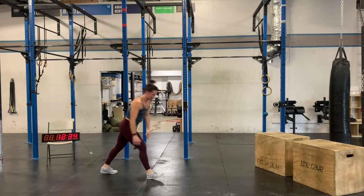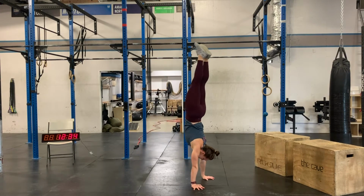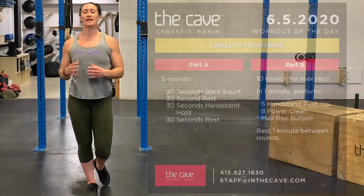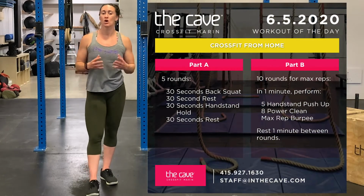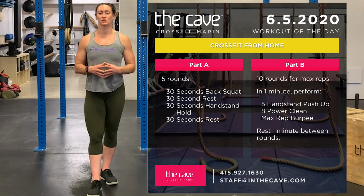Now on the handstand holds, you guys are welcome to do this against a wall or use some kind of assistance to keep you up in a handstand for 30 seconds. Or for an added challenge, you're welcome to do this in space, trying to hold for 30 seconds without the